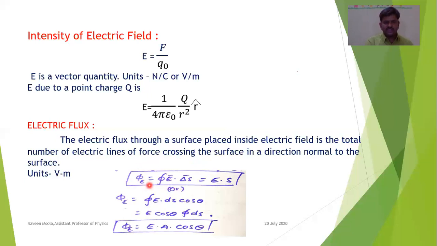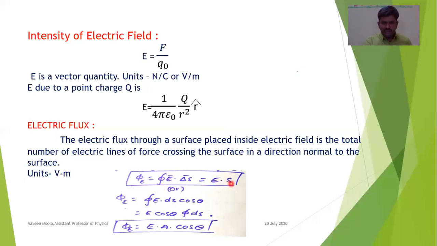It comes around phi is equal to integral E dot delta S. Here we are using integral because always these areas are not symmetrical. It may not be a sphere, it may not be a cylinder, but it will have an arbitrary shape. We have to calculate electric flux from that arbitrary shape. In such cases, we divide that entire area into infinitesimal small element areas delta S, and we calculate using integral E dot delta S. This is the electric flux coming out of the entire area.